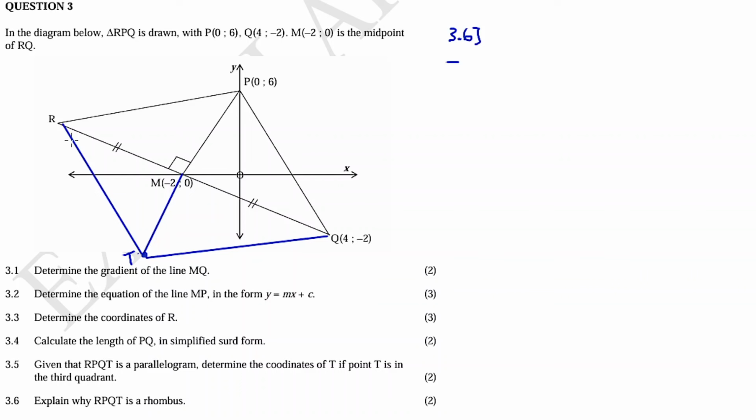A rhombus property, there's a rhombus property which says your diagonals intersect perpendicularly. I don't know how to pronounce this word, but your diagonals bisect at 90 degrees. Let's just say that. Explain why RPQT is a rhombus. It's because the diagonals bisect at